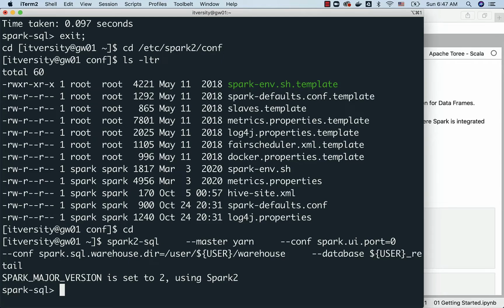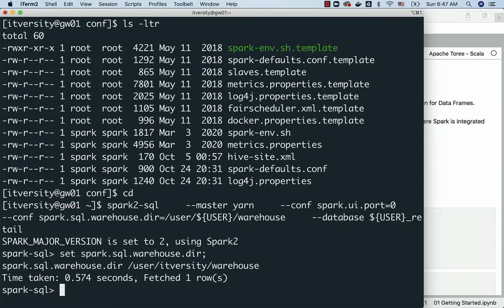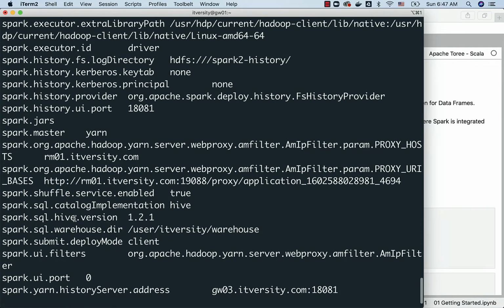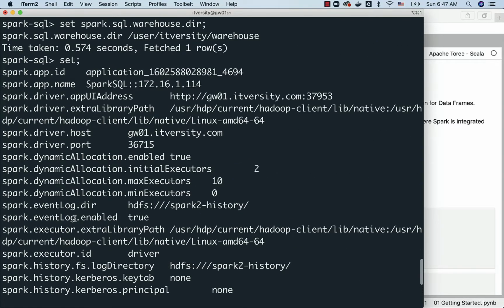So first let us understand how to access runtime properties using CLI. Then I will actually walk you through briefly using Ambari as well. In this case, we are setting this runtime property called spark.sql.warehouse.dir. When we start spark2-sql, if you want to see the value of it, you can copy this and say set, and you can run it, and you should be able to see the details. You can also get all the runtime properties by just saying set, and you should be able to see whatever runtime properties are overwritten while launching Spark SQL.